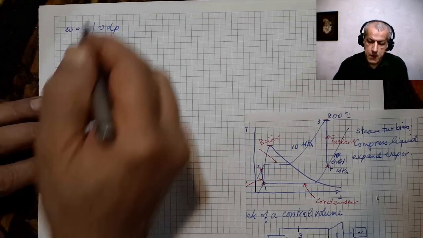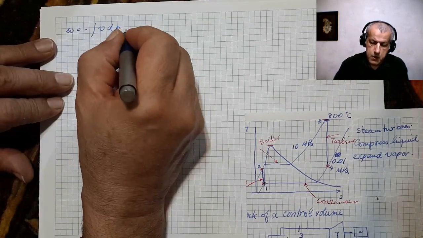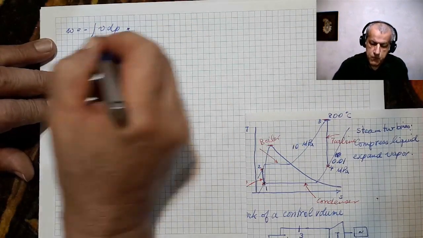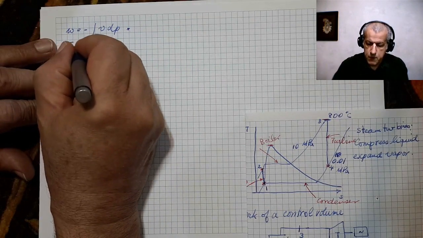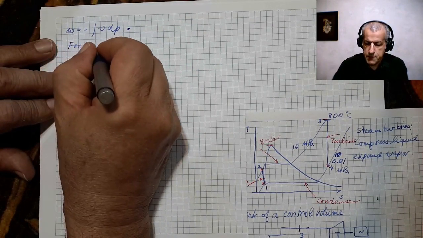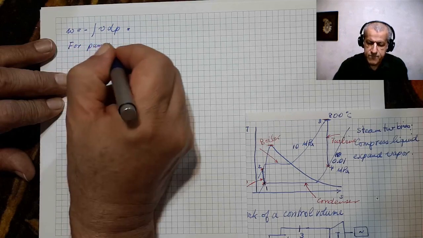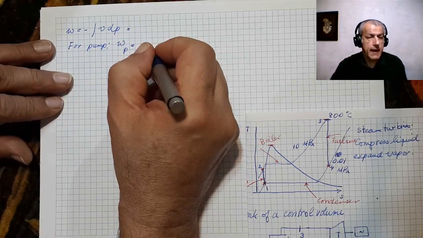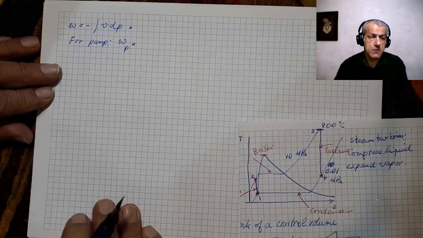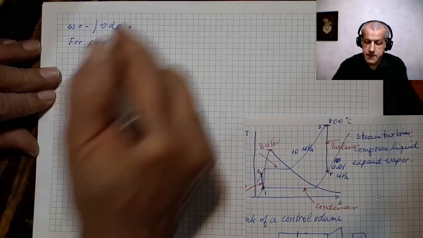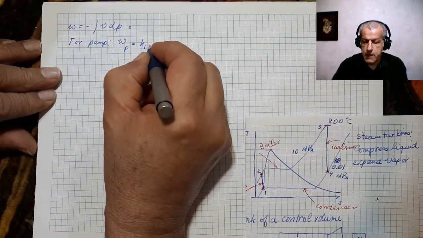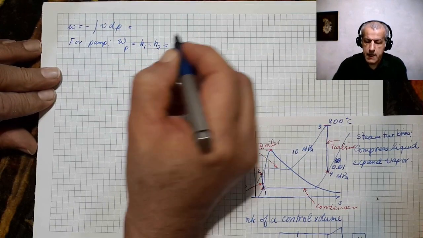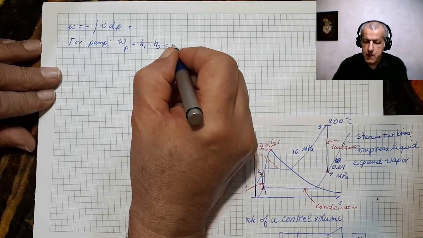So pump work would be for the pump, W pump equals, and from the first law, we could also write it as H1 minus H2, and that equals